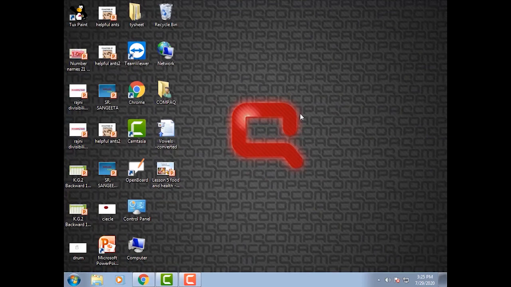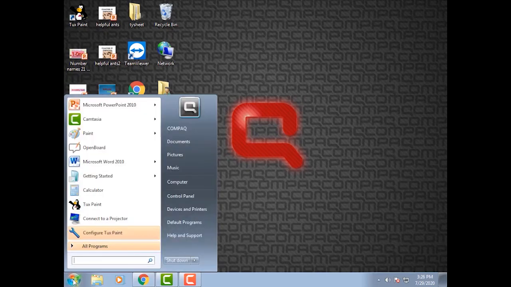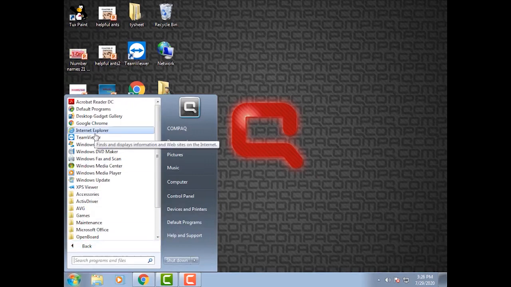Now we will do the practical of how to create a document file. If you want to create a document file, you have to create it in MS Word. Now see how you will open MS Word. Keep your cursor on the start button, press the start button. Then you select all programs. From this menu you have to select Microsoft Office.